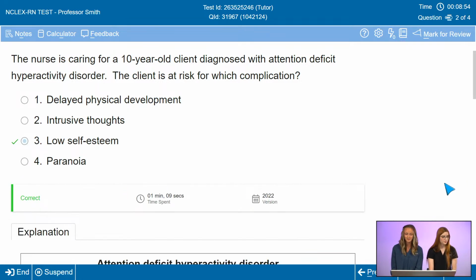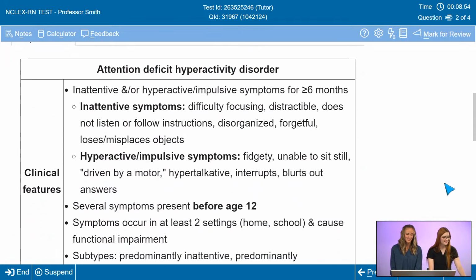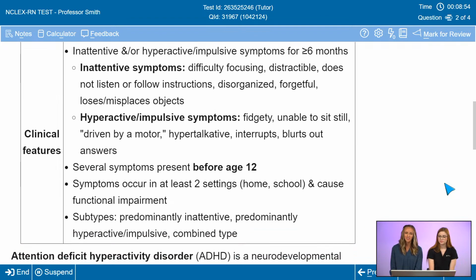Yes, good job. So this table is really nice as it consolidates the information about the clinical features of attention deficit hyperactivity disorder, or ADHD. So something that many people don't understand with ADHD is that it can occur in all ages. So it might be something that you see in your colleagues, in your family members, maybe in yourself, or even in your clients, no matter their age, not just in children.